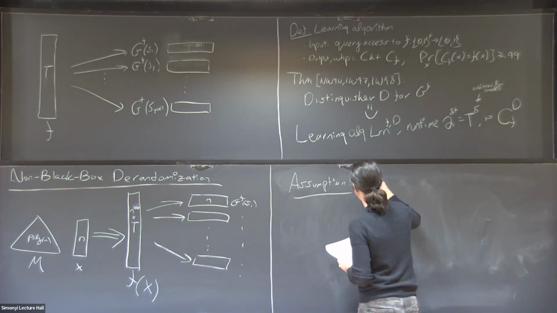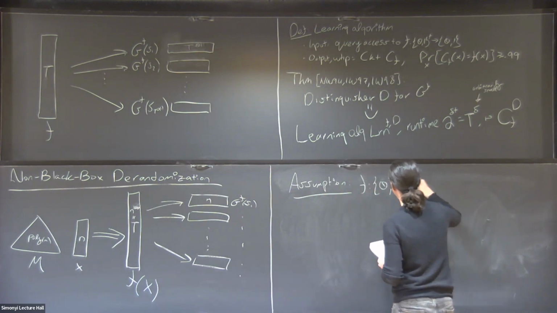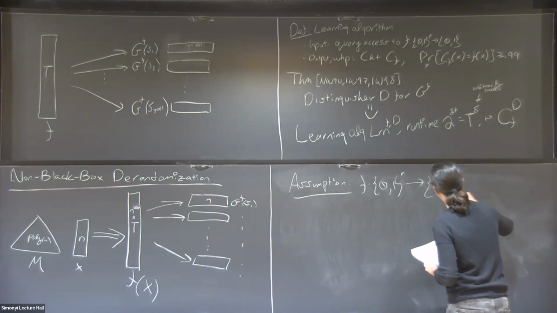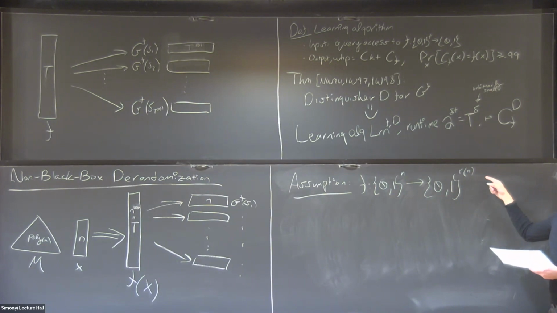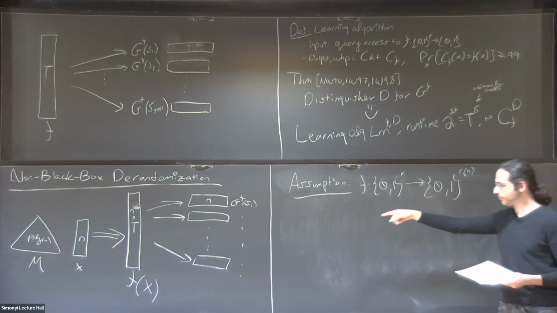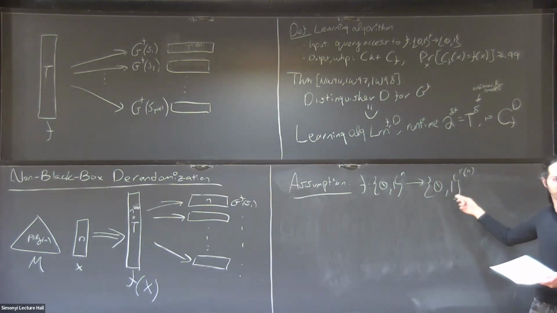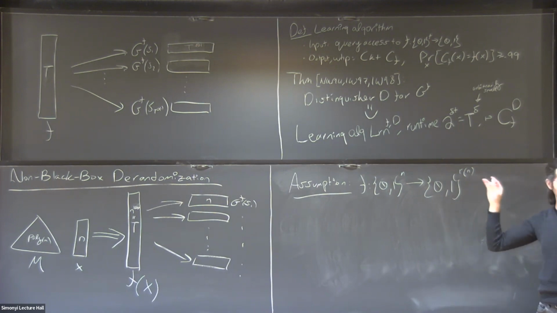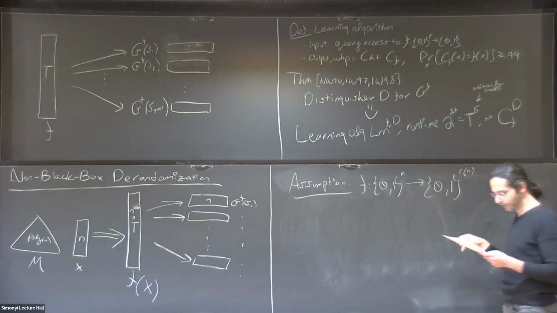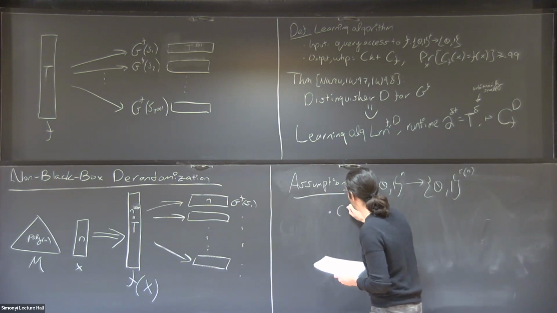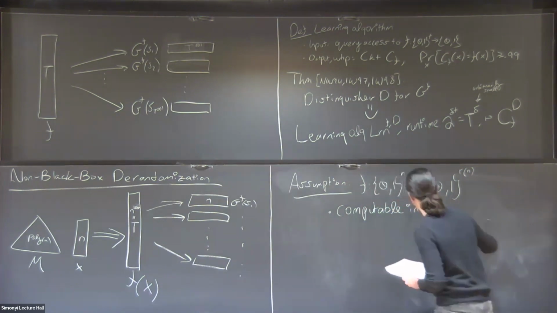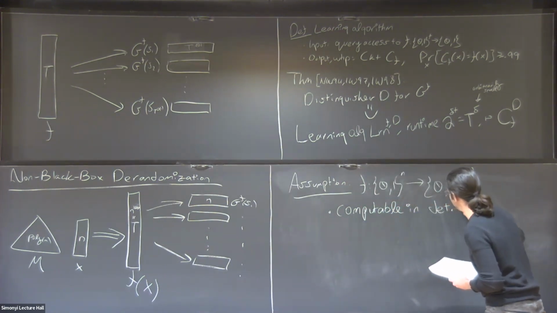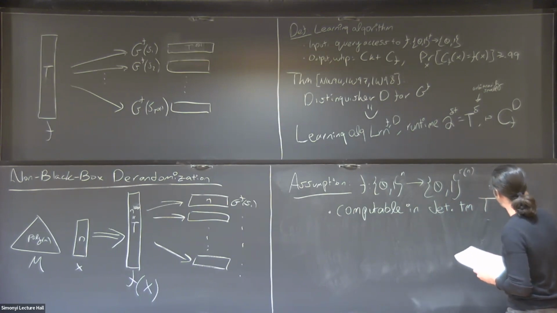is that there exists f from {0,1}^n to {0,1}^r, and now it might have multiple output bits, which of course makes sense if you look at what's going on over there. This is not necessarily the precise same f, but at least intuitively you can think of this f as that f, as a first order approximation before we go into more detail. And this f is computable in deterministic time polynomial in some t,